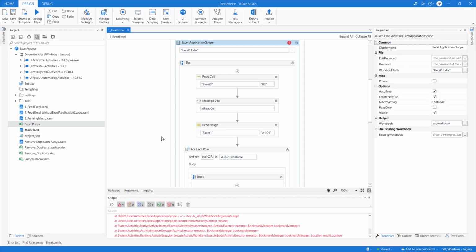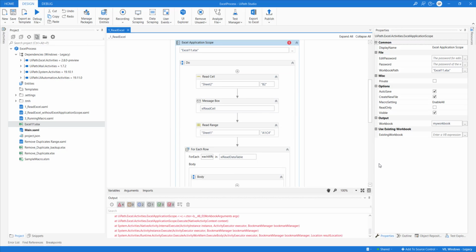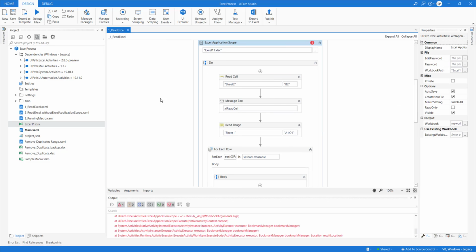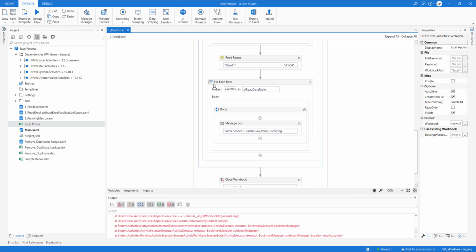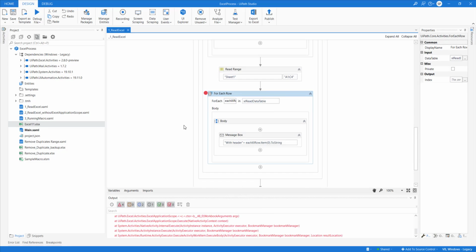We can use a retry scope, and in the retry scope, we can retry 3 times. And if the file is already open, it will close automatically. Okay. So let's run it again. Before running that, I'll put a bookmark again here just to showcase how the data will look.